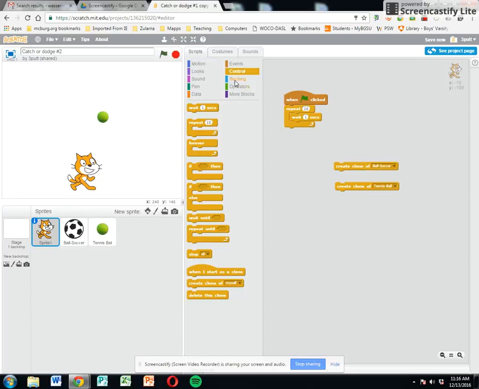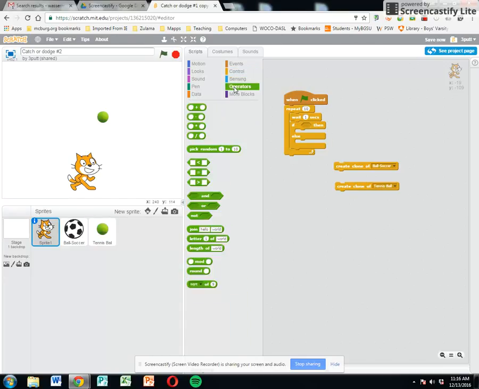So first of all, I'm going to take an if then else statement, and I'm going to put it in below my wait time. And so from there, I'm going to take a less than symbol and put it in here. And I'm going to take a pick random 1 through 10 and put it in here. And then, whoops, put them in the wrong place. I want this to go down in the if statement. There we go. So we're still going to wait 1 second, not 10,